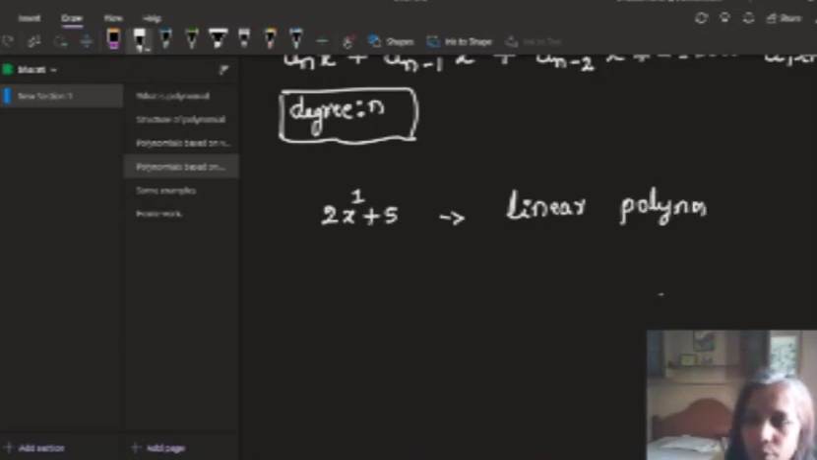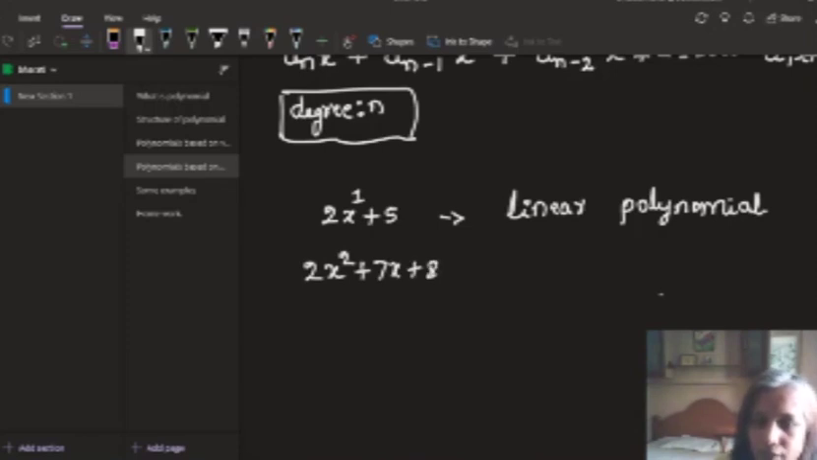Linear polynomial. Now let me increase the order. 2x square plus 7x plus 8, like that. So its degree is 2. Now you have understood the degrees. You can say what is its degree. It is 2. Yes. The polynomial having the degree 2 is called